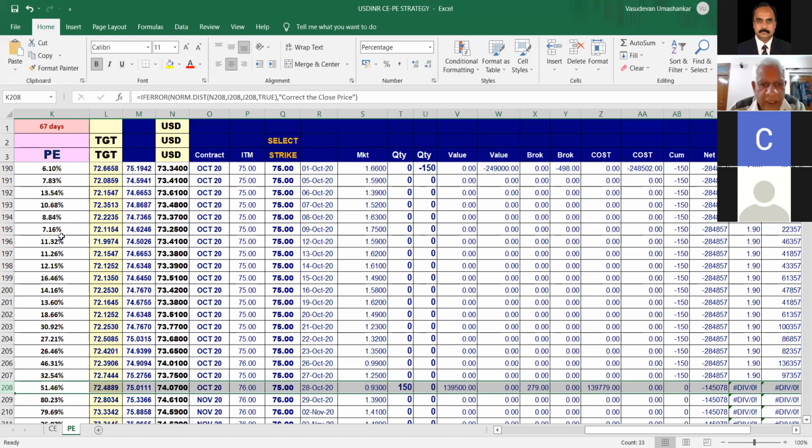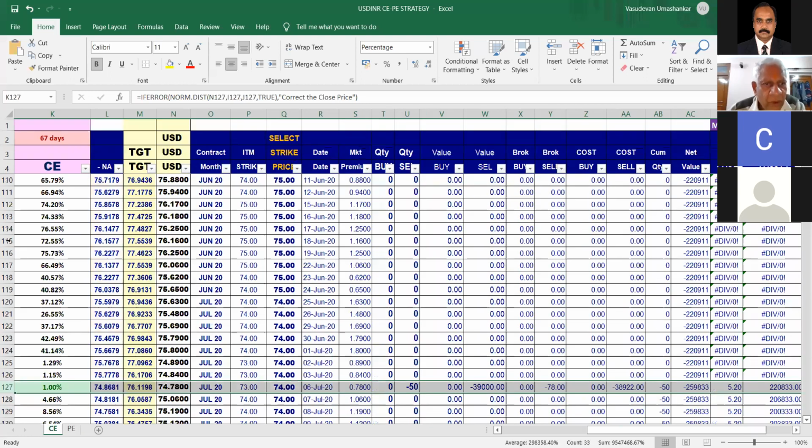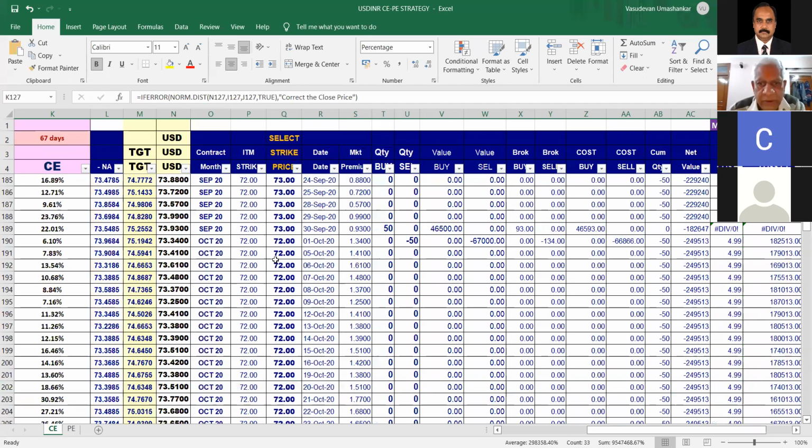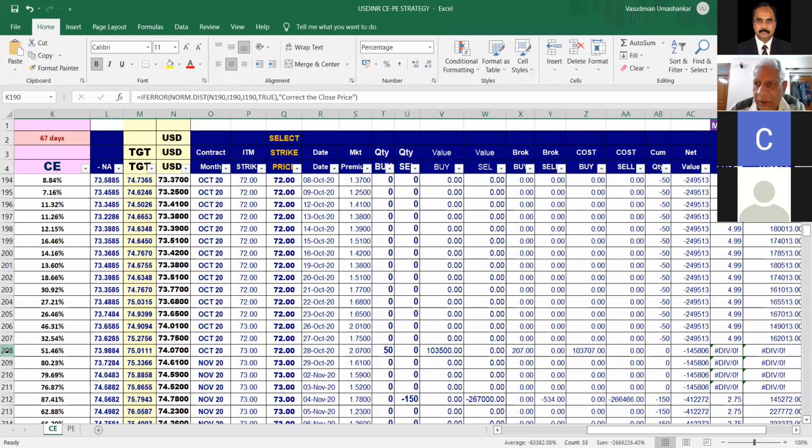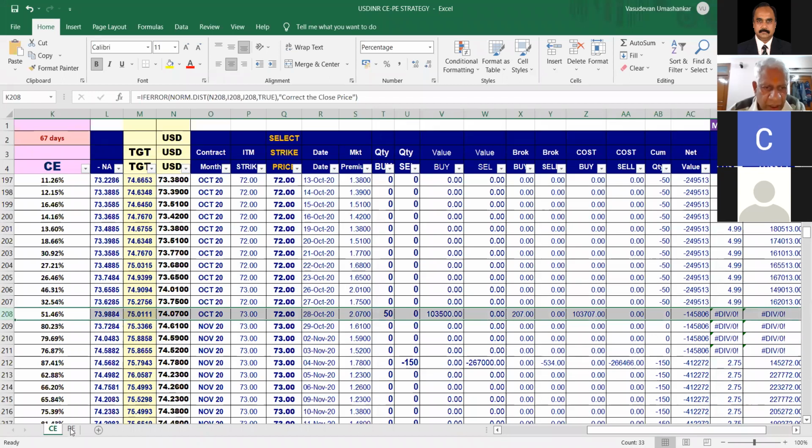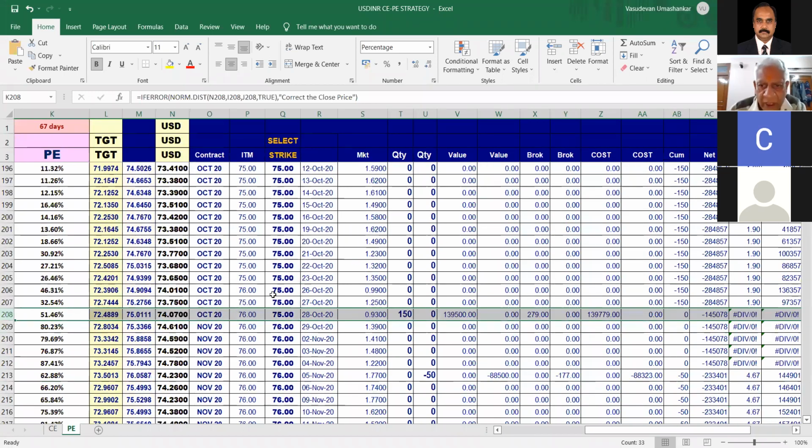So 190 and 208. $190 sold exactly same place. 208 covered, done. So what I did, then again I am moving around. Just let me see. Let me go to put, because put was having the higher volume. Okay, what I did, 208 मैंने cover कर लिया,